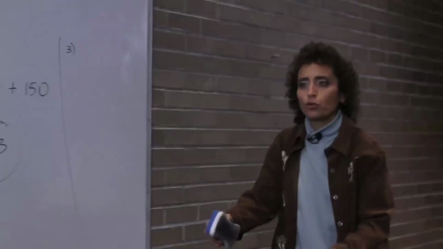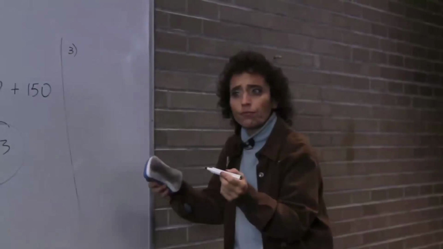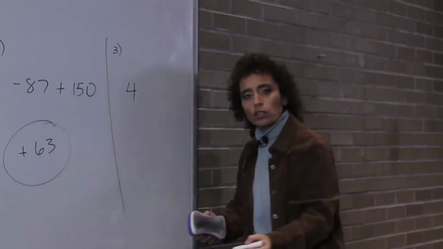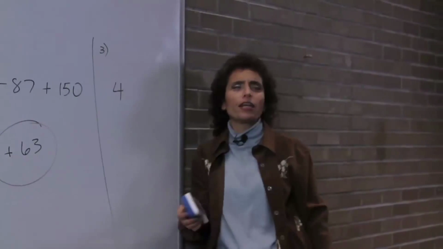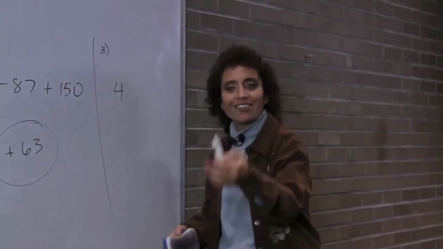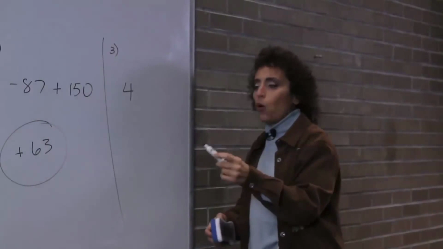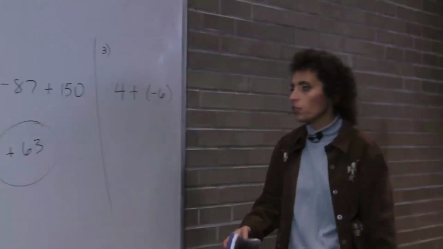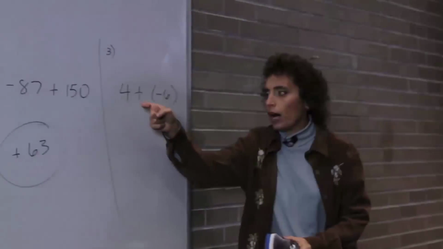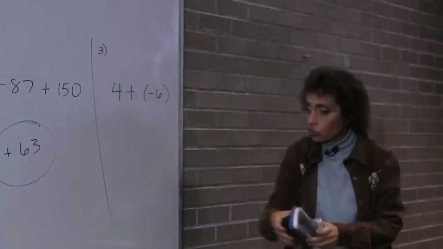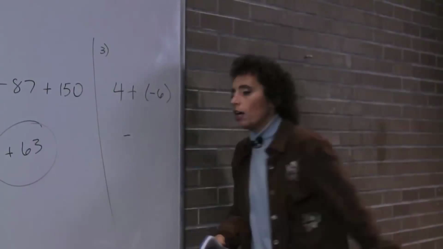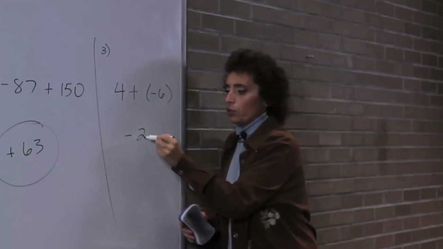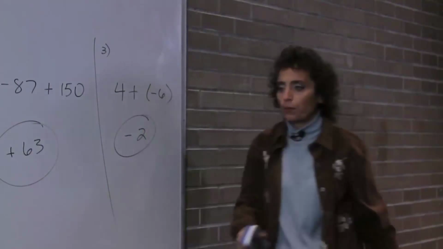Number 3 says Rosie gained 4 pounds, so that's a positive 4 because she gained it. That's not really a positive thing. Well, maybe it is. I don't know. But it's a gain, so it's 4. Okay? And then she lost 6 pounds, so it's a negative 6. So I have $4, but I owe you 6. That means I'm going to be down money. I have 4. I owe you 6. I owe you $2. And that's number 3. One left.